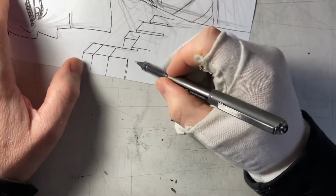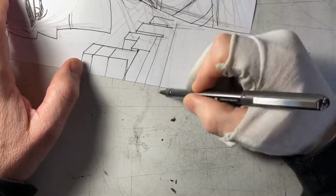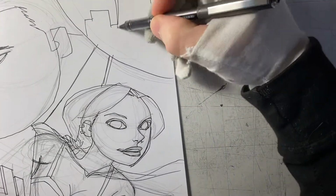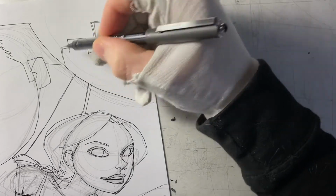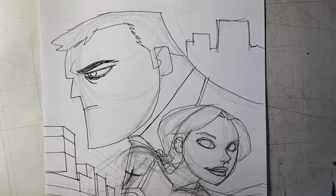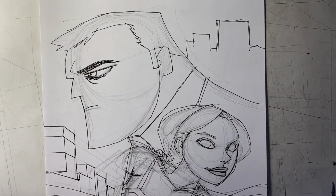Again, it's just enough to give a sense of perspective for these buildings. And this will just be kind of cartoony, you know, straight on, just squares and rectangles. And there we go. As far as I'm concerned, that's all done. So next step will be